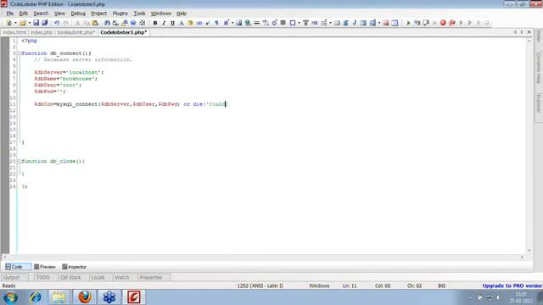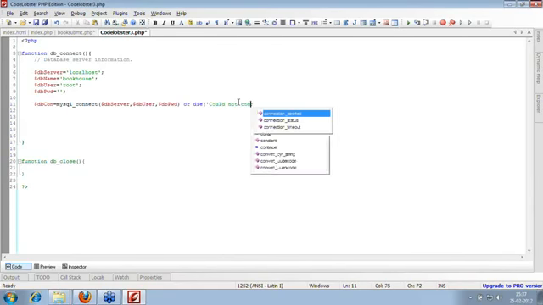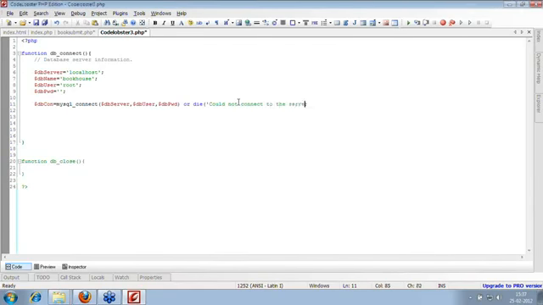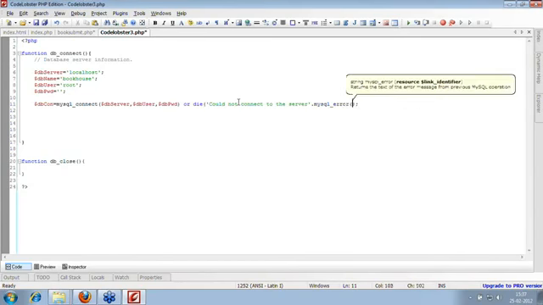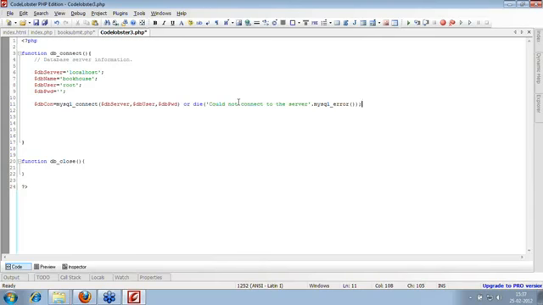So, "Could not connect to the database server," you can say. We need to understand why it is not connecting, so you have one more function called mysql_error. It will help you understand why you are not connecting: whether the server name is wrong, or the password is wrong, or whatever. This will just print the normal MySQL error, what the problem is.